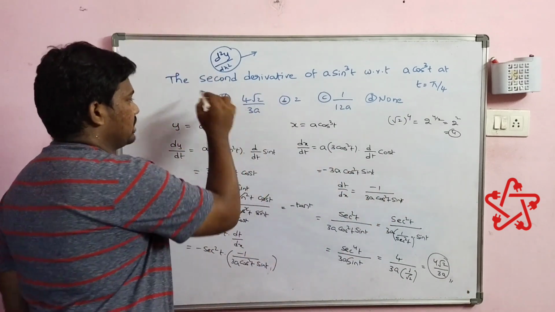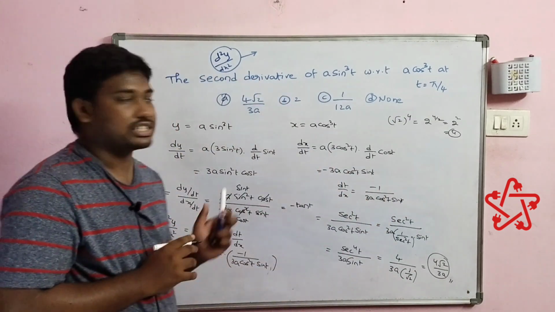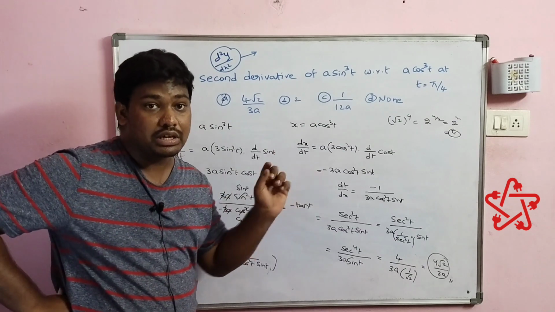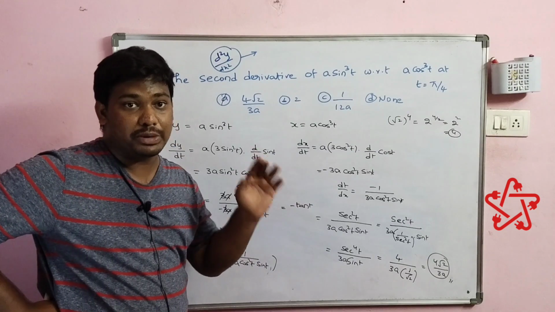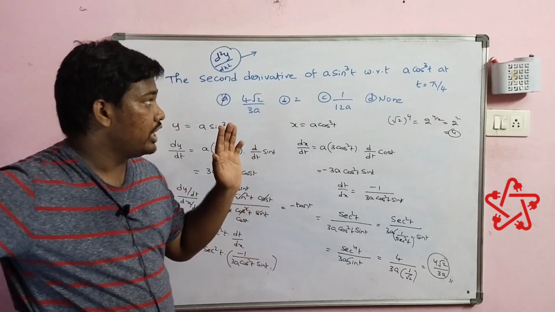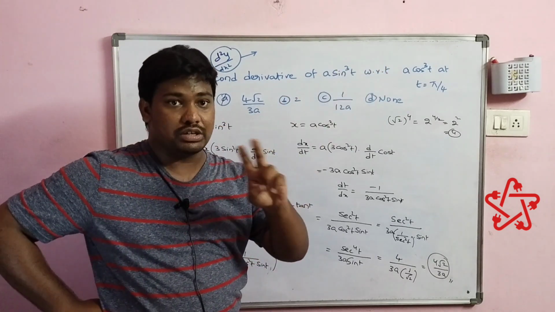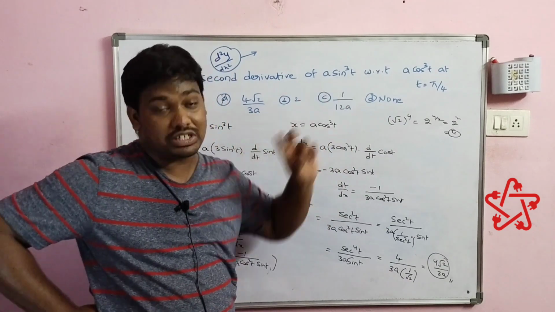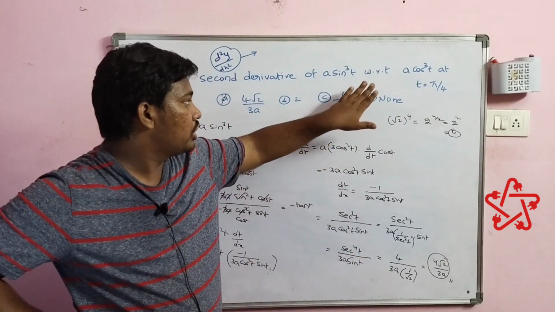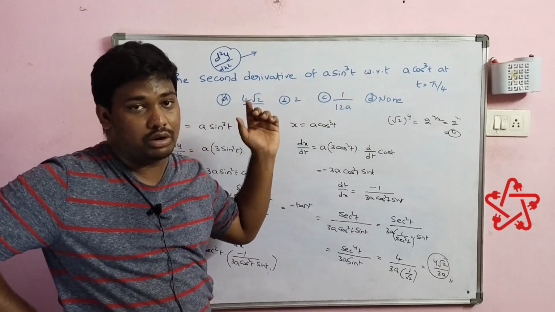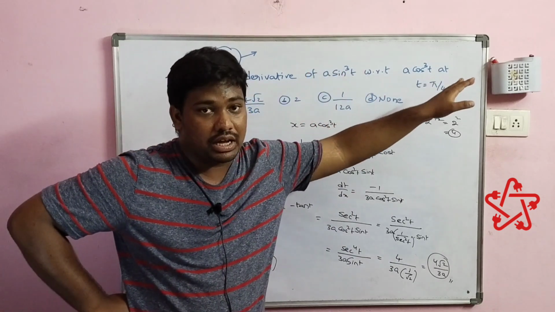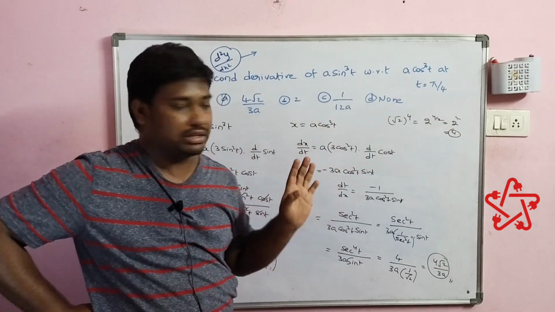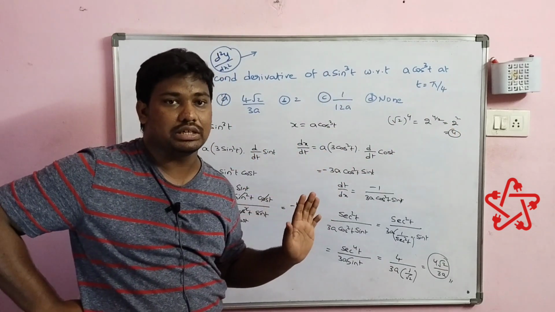This is the way of solving such kind of question. This question belongs to the case of differentiation of a function with respect to another function. Here we got two functions. We will be given two functions in the question, and we need to differentiate the first term first, and then the second one, and then do 1 by 2. That's it. If you do that, you will be getting the answer.